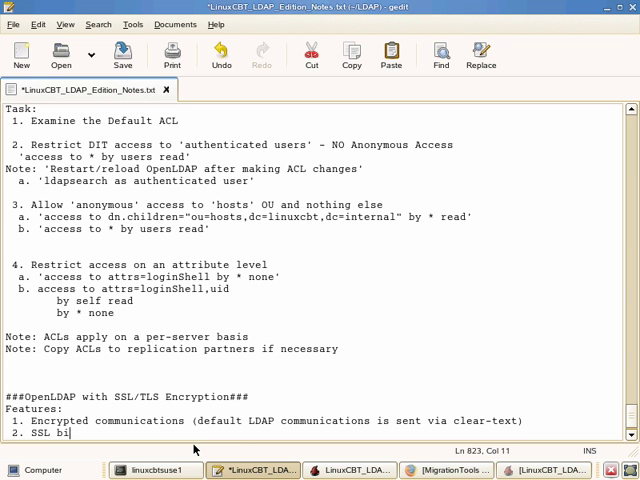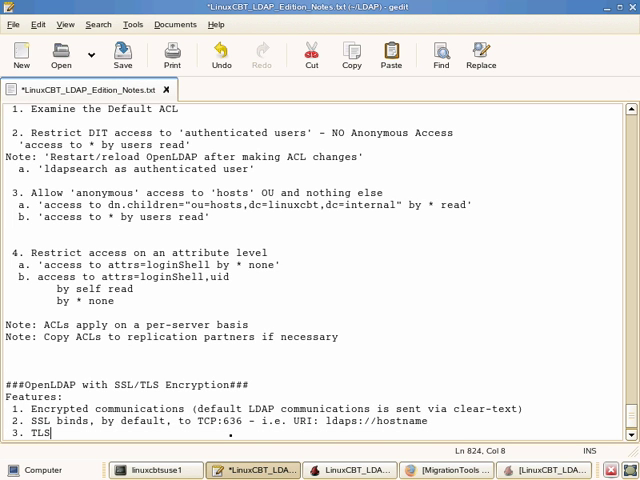In addition, SSL binds by default to TCP port 636. So when using an LDAP client to connect to an OpenLDAP server running SSL, the client will connect to TCP 636. This is here really for legacy support and is referenced generally with a URI of LDAP secure followed by the host name, such as linuxcbt susa2.linuxcbt.internal,